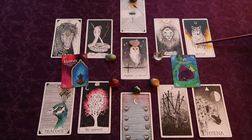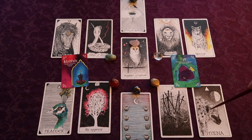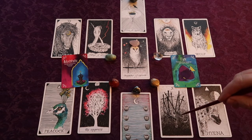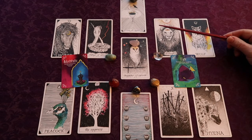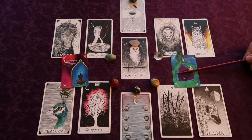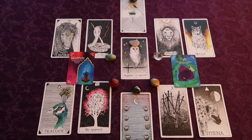And then down in the bottom left corner is the peacock, which is the luminary. So Kim in the guidebook assigns certain, they're not ranks, but there are evolutions of the energy based on the animals. And the peacock is also very high up in the rank. The one that doesn't fit into the reading is the hyena. So we have fire here, and the hyena is, I believe, second to the bottom. So let's have a look at that in relationship to what's going on here in the 10 of Swords. And then just to tie in the energy of as above, so below, we have the fish and we have the meditate card from the Seeds of Shakti. So that meditate card is going to pull together,